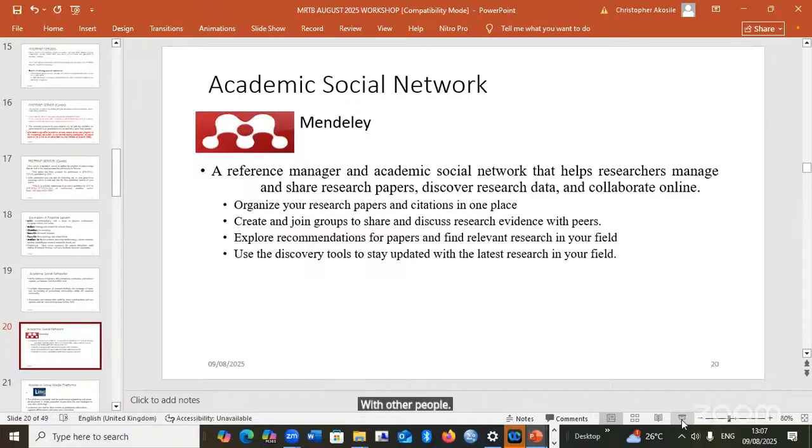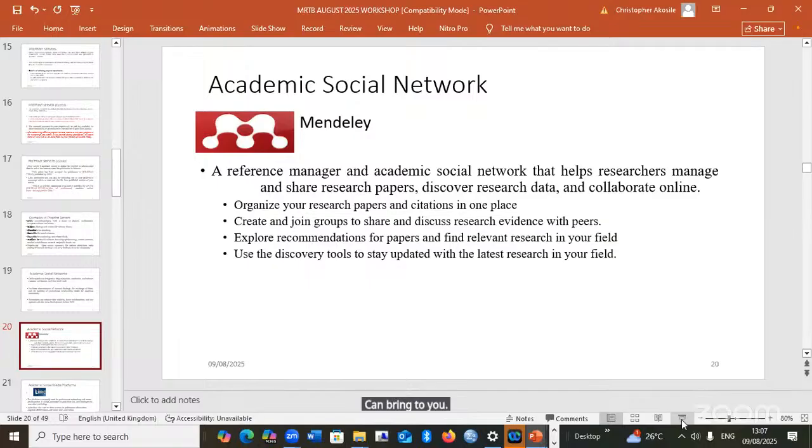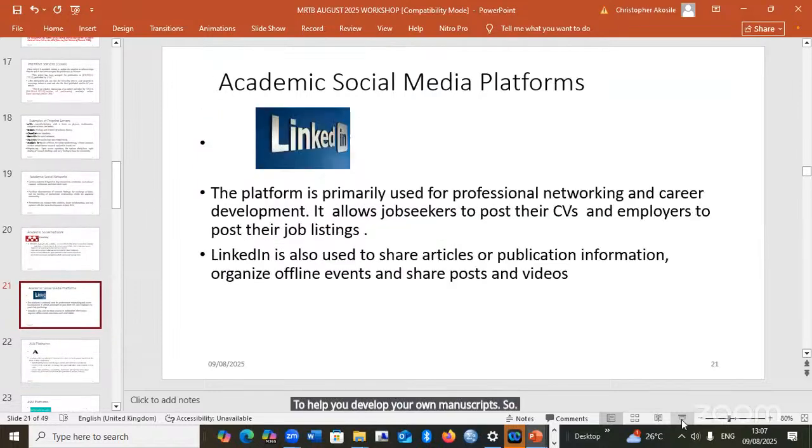Because of the way it's designed, it can help you find relevant research materials that may be useful for the paper you are writing. So if you are doing your own new paper, a tool like Mendeley can bring to you useful materials to help you develop your own manuscript. So that's the usefulness of this.